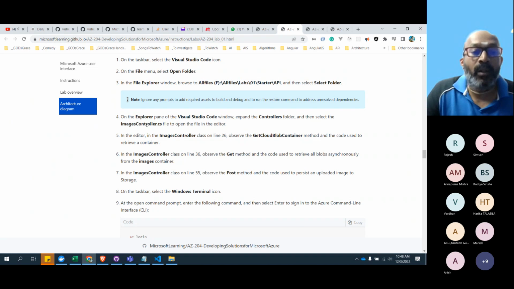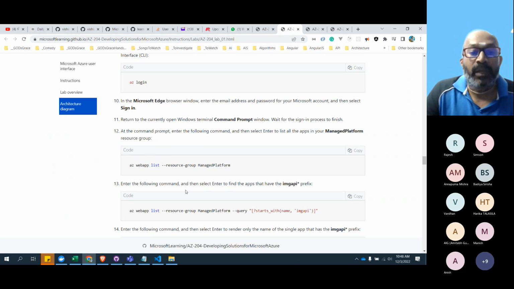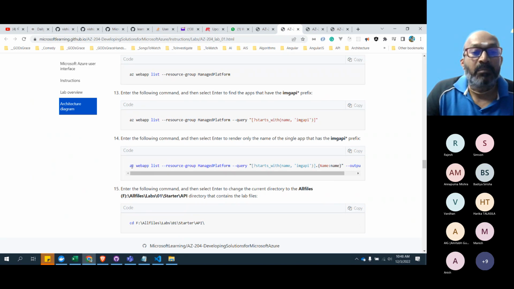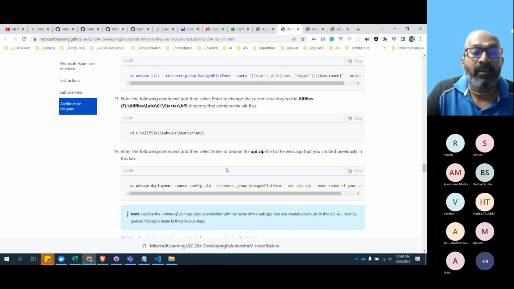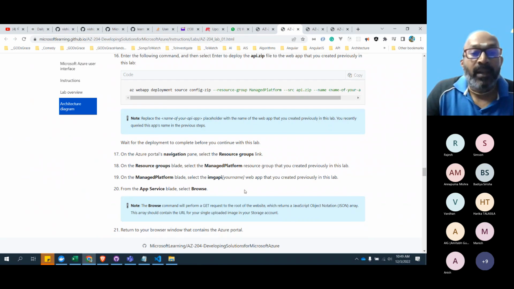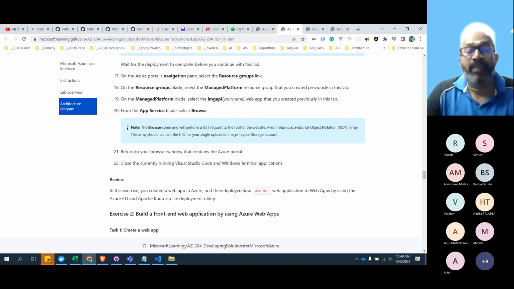There is a folder already available, and we need to get the resource group. And with the web apps list, we'll get the list, and we can deploy this directly from there, and we can manage it.